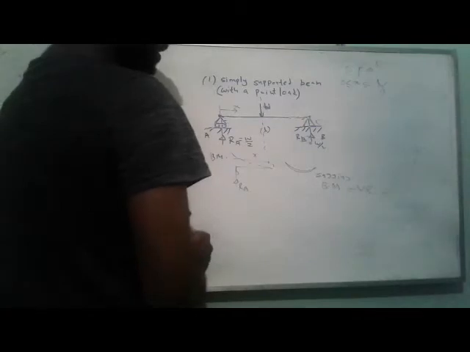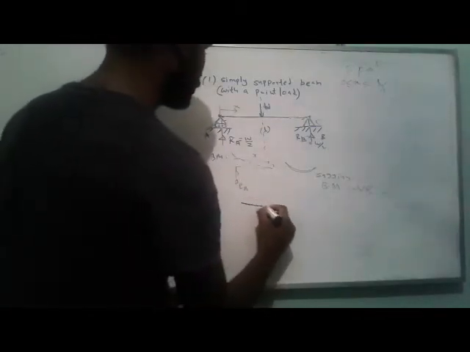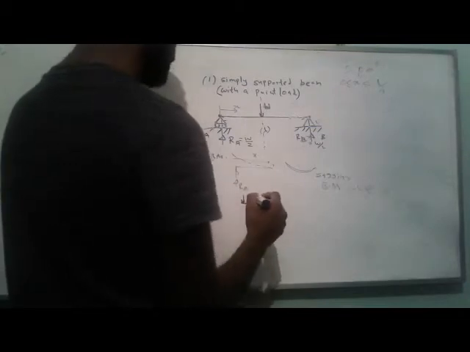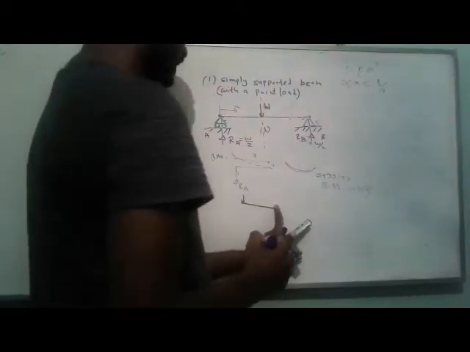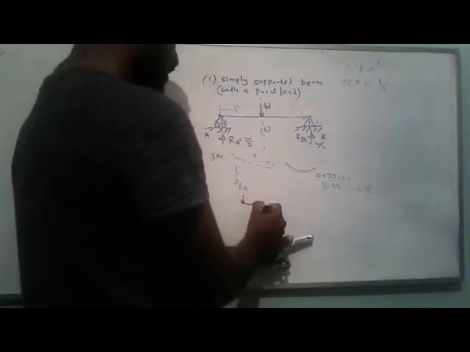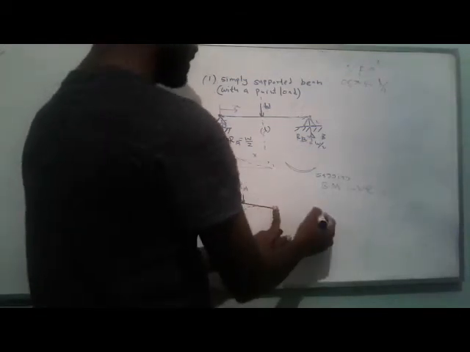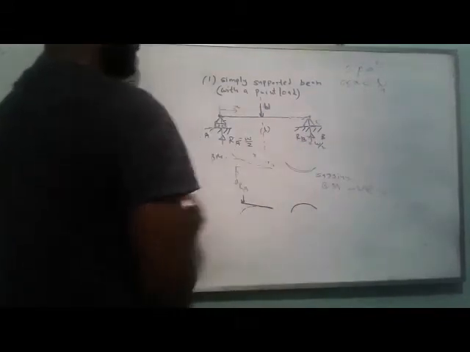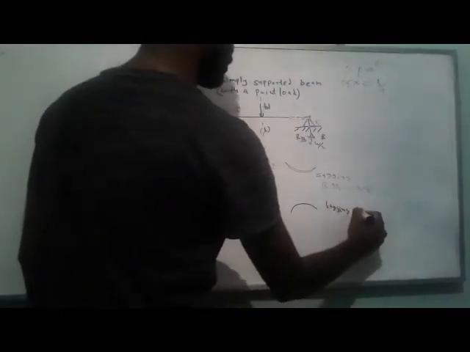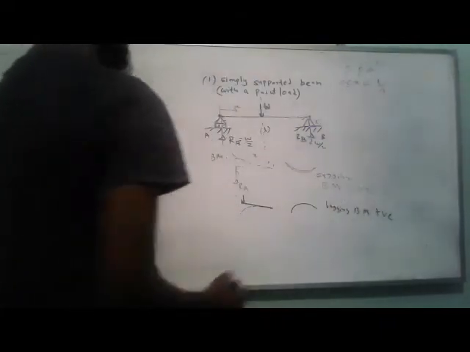Sagging bending moment, minus. If you think that there is a force in the downward direction like this, put your finger here and consider this force. Due to this force, this beam section tends to bend like this. The shape is like this. This is hogging bending movement. Hogging bending movement is positive.